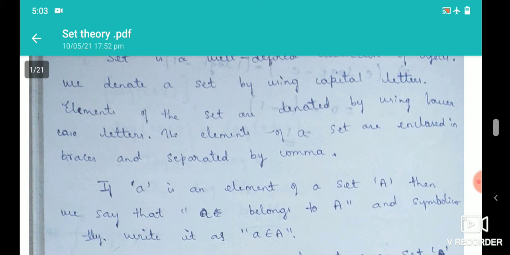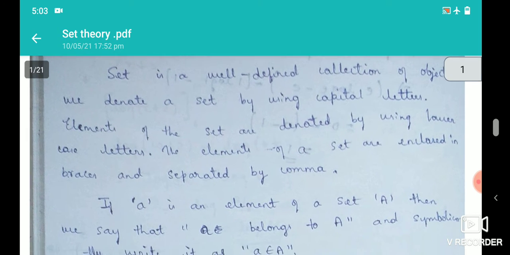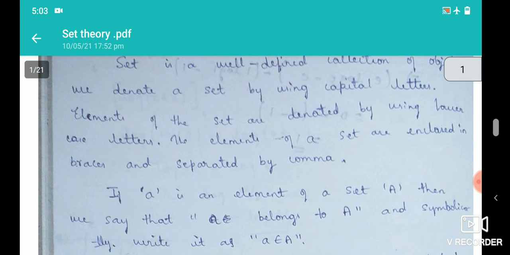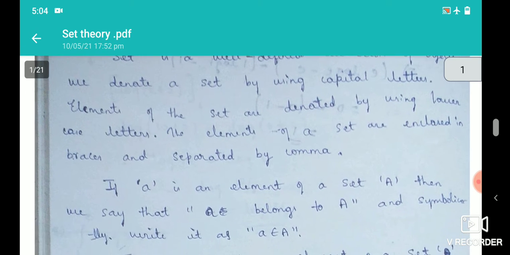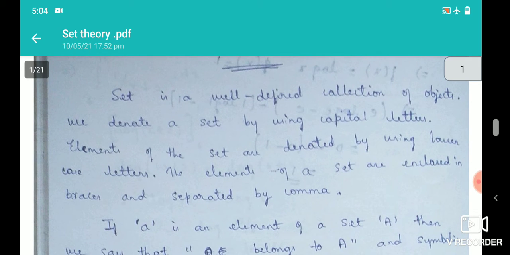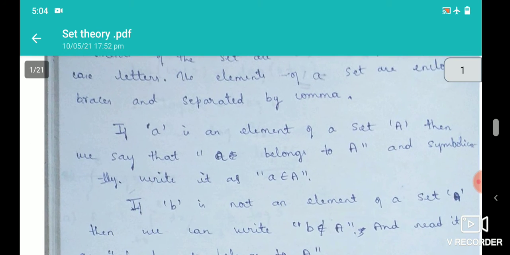So we use a capital letter for indicating the set, and the elements are indicated by small letters, separated by commas. That means if you consider first BCA as the set, then all the elements, that means you, the members, like Ashok, Gaurav, Tarun, right? Then we separate the individuals using commas.